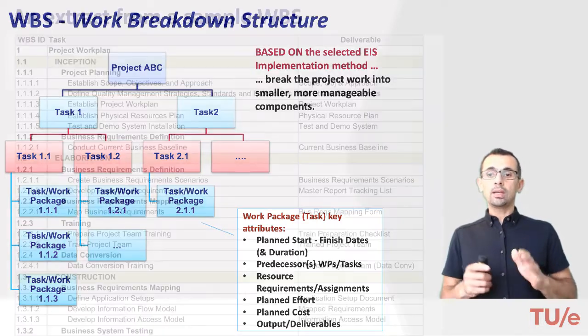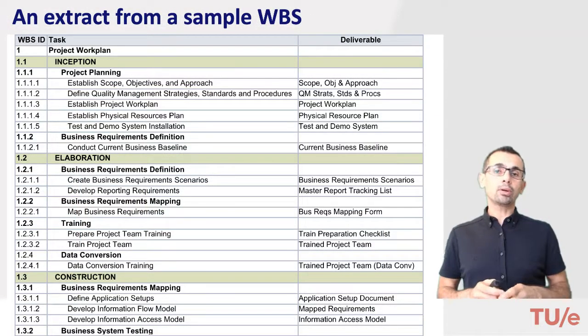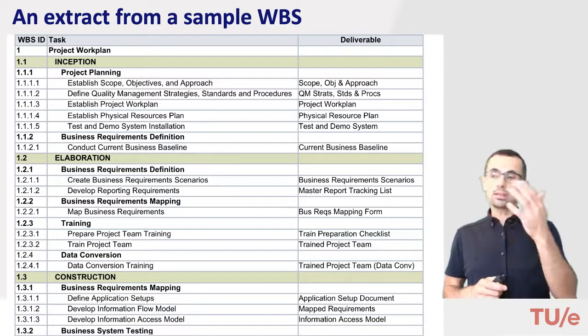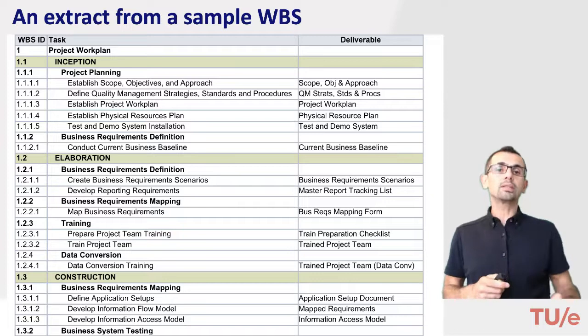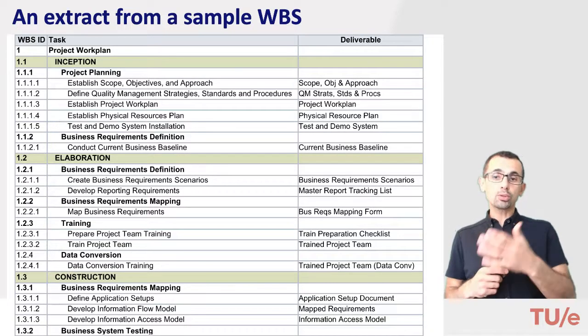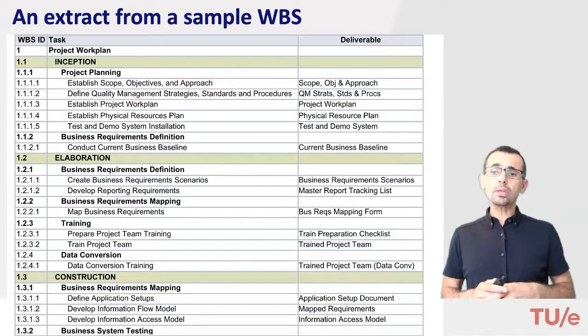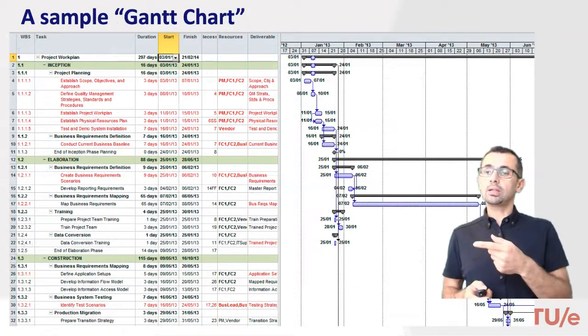Okay, now here is an example work breakdown structure. It lists the activities and so on, and of course it's a hierarchical, tree-like structure, and the outputs that are expected are also listed here, as you can see. So another important term is a Gantt chart, and in this particular